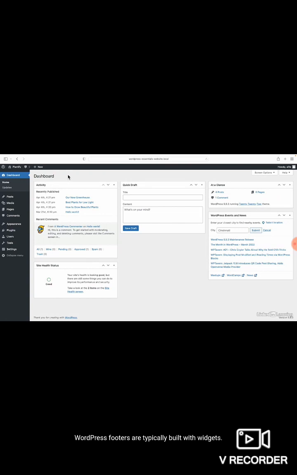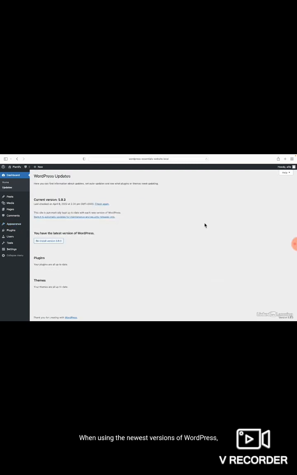WordPress footers are typically built with widgets. A whole widget page used to appear here in the Appearance menu. Now, they're built with the block editor. If you're using a theme that doesn't utilize the full site editor, you can still use blocks to create widgets. When using the newest versions of WordPress, you'll need to use the full site editor in order to create and